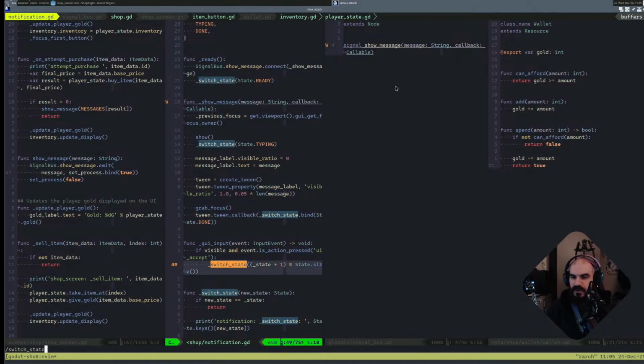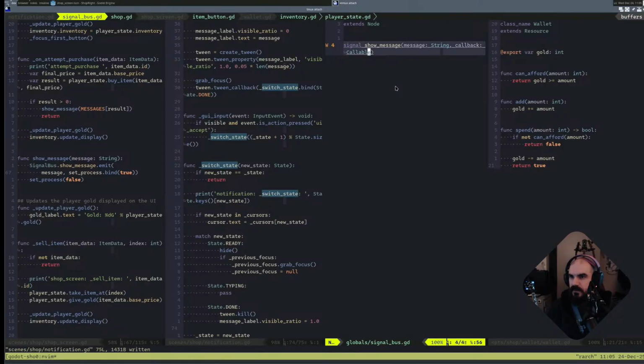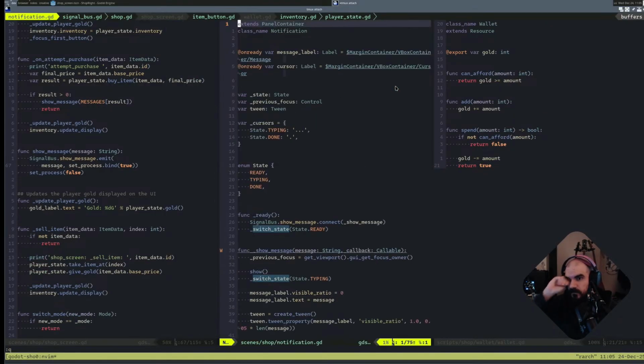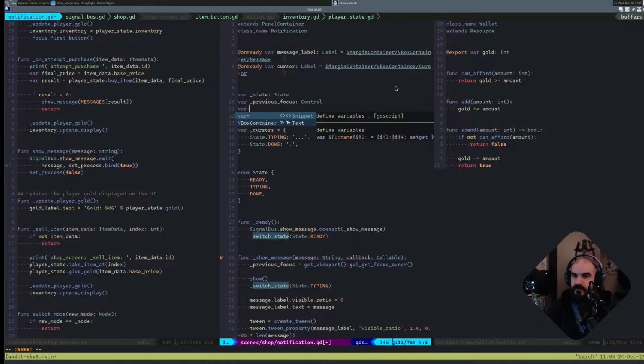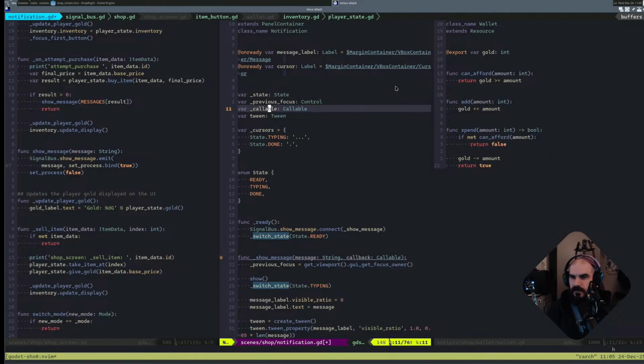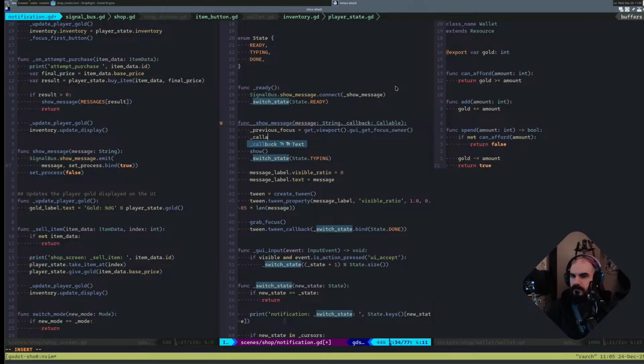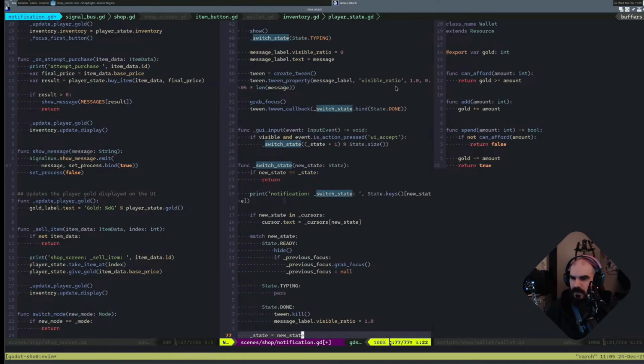So switch state. When state becomes done. Oh, that's kind of an issue. Well, oops. I did the opposite of what I meant to do. Callback, callable. Oh. Callback equals callback. Then when we're done here, we say